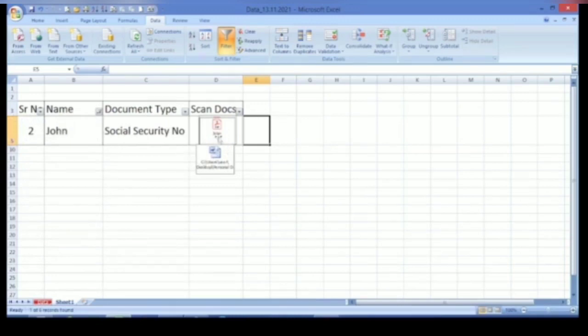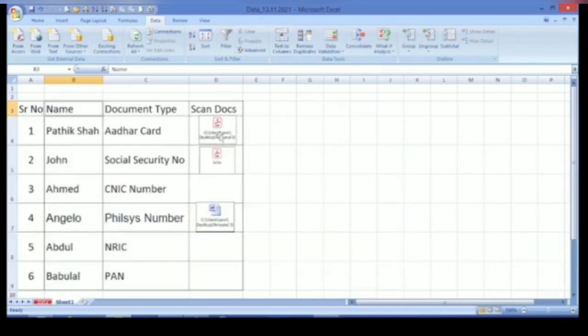Okay. See friends, the icon is not in a proper order. How can you fix that? I will just open the filter. It's simple. Now for a moment I will copy this, just so that you can have a better idea. Yeah, just place it over here. I will also place it over here.